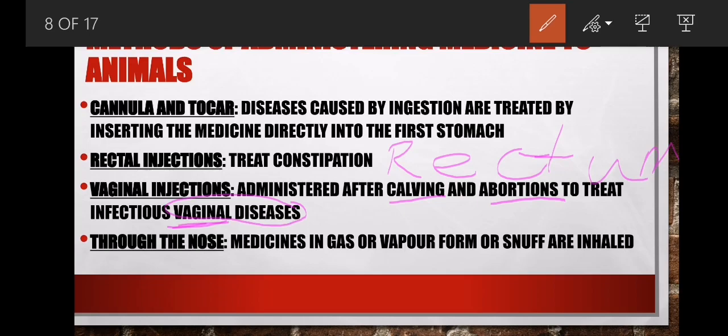Then the next one, through the nose. What type of medication are we administering? It could be medication in a form of gas. It could be medication in a form of what? Of snuff. So those medications that can be inhaled through the nose. So we say you administer them through a method that we call through the nose. So people, you can see that snuff